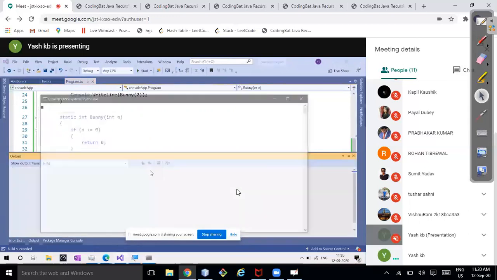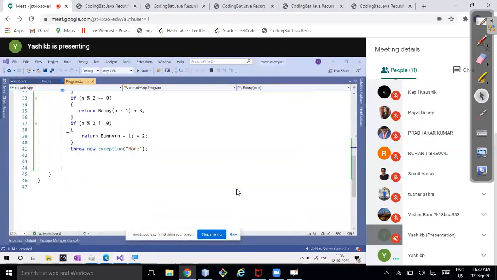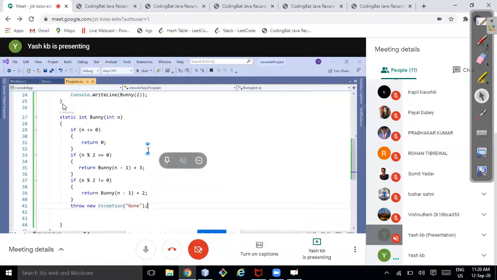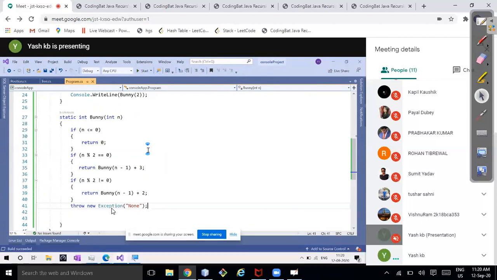My suggestion would be, if you are writing code and you are sure you are covering all the if conditions in this function, then why should I return anything? We should not return anything. We should throw an exception. Whatever my assumption was, it is apart from that. And that time I will get to know that something happened or something I have not considered while writing the function. So always try to follow this construct. That is the idea. I hope it's clear to everyone.